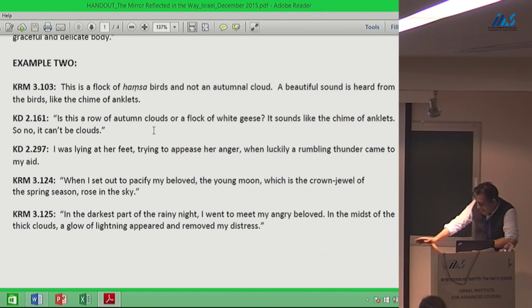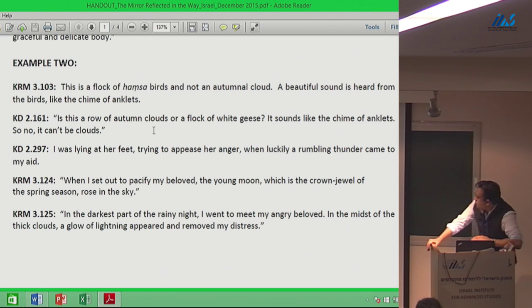As the subject imagines the lightning to appear out from the heavy clouds in order to remove my distress, quote unquote, and that's the reference to probably the Abhisarika who goes out at night to rendezvous with her lover. But while one notices this example, you see the intertextuality here, what's really interesting here is that the